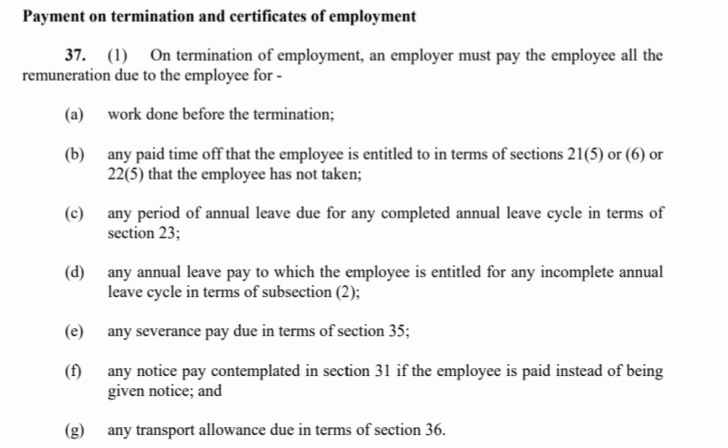annual leave cycle in terms of subsection 2, any severance pay due in terms of section 35, any notice pay contemplated in terms of section 31 if the employee is paid instead of being given notice, and any transport allowance due in terms of section 36. Now, those are the different types of payments that become due to an employee when the contract of employment is